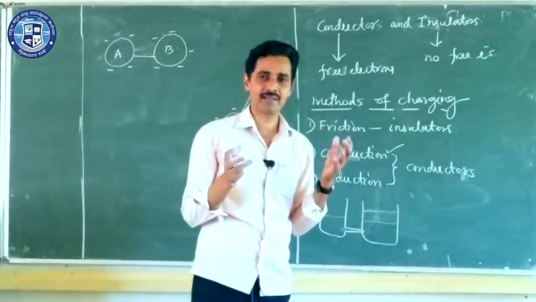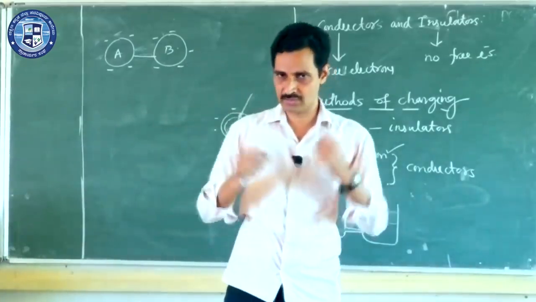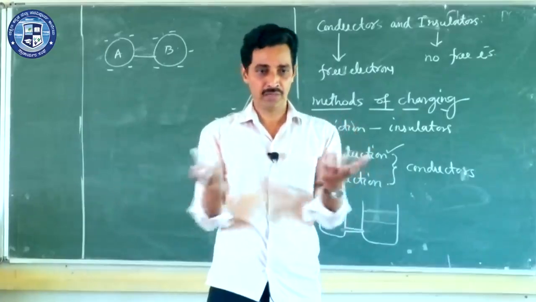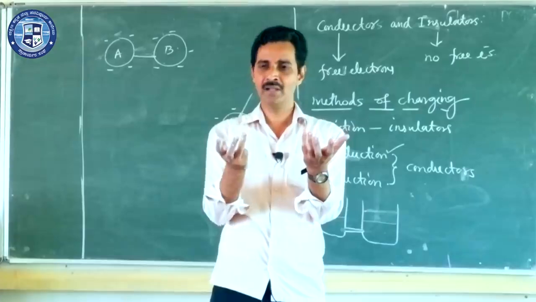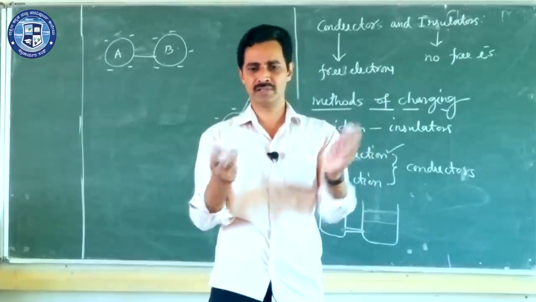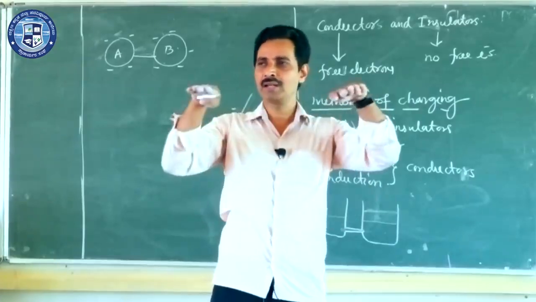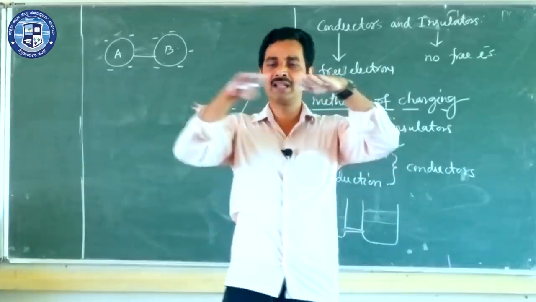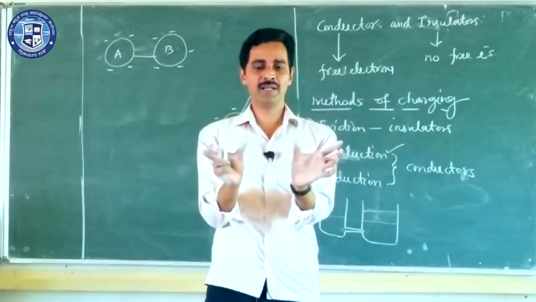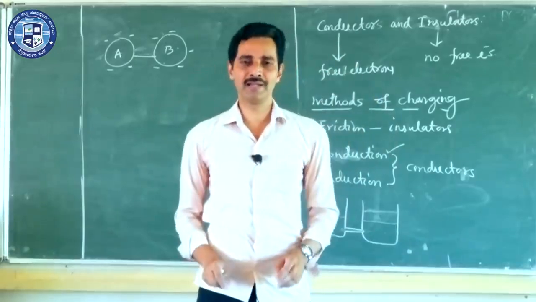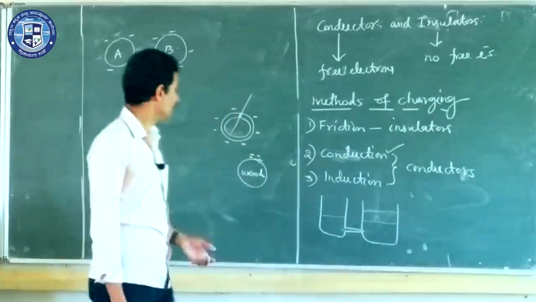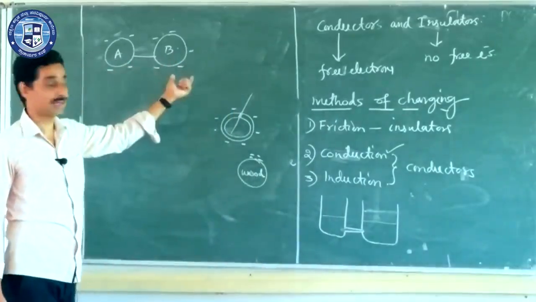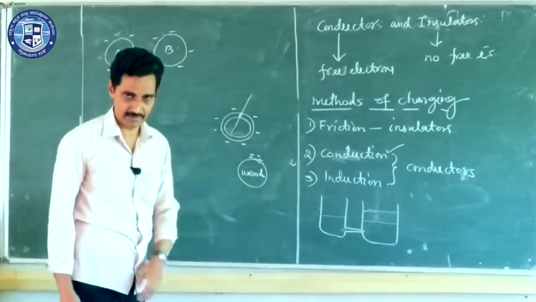If both the conductors are equally sized, having the same radius, then the amount of charge will be shared between the two. If you have two beakers of the same size, one having water, one not having water, connect them by a pipe. Water will flow from one beaker to another till the levels are equalized. And if the beakers are of the same size, definitely the amount of water will be the same. So equal amounts of charge will be distributed in the two spherical conductors if they are of the same size.